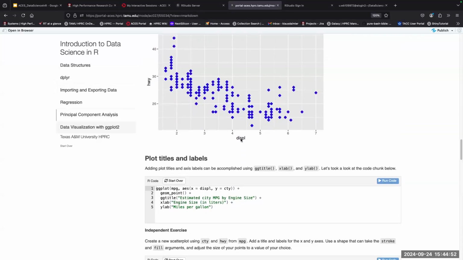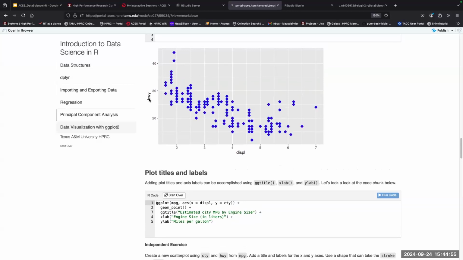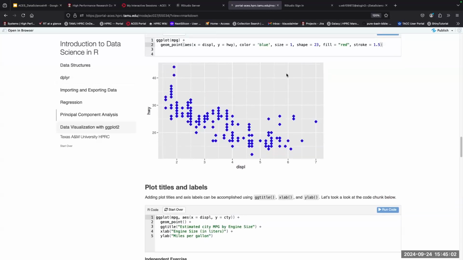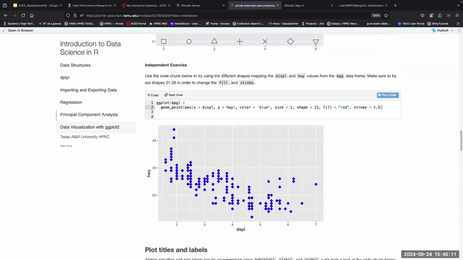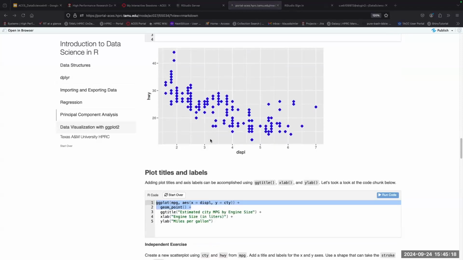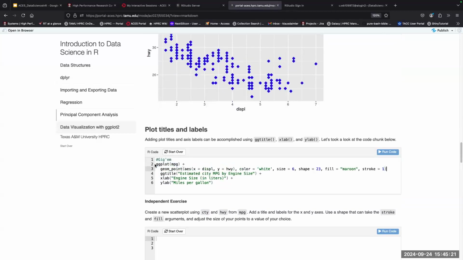you may notice that our labels here are kind of meh. And so we want to improve those. Maybe add a title to it as well. Those are done in ggplot by adding additional layers to the plot itself. So here I'm going to take Rick's, because I am an Aggie. And I'm going to add in some additional details. So estimated, here we're doing highway miles per gallon